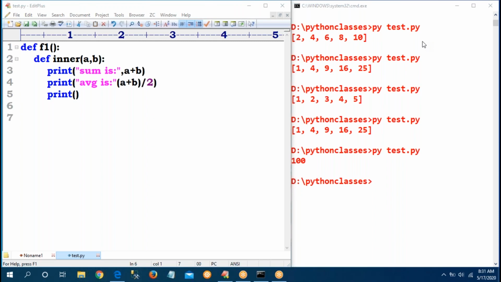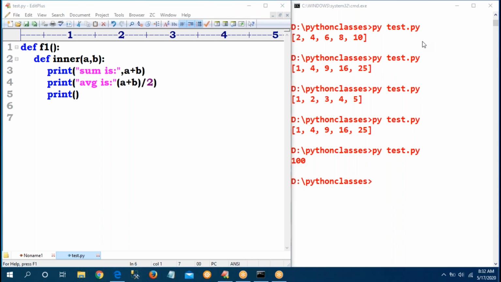Yesterday we discussed types of arguments. How many types of arguments are there? Four, or three? In that, formal arguments and actual arguments.